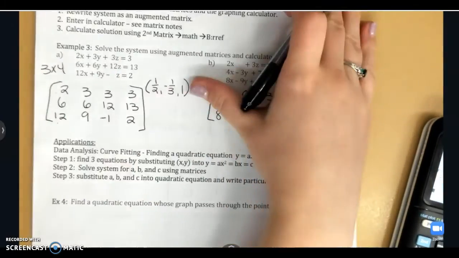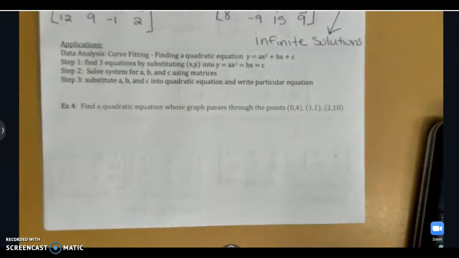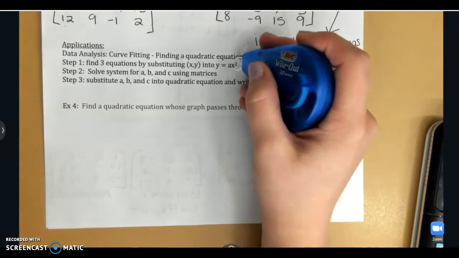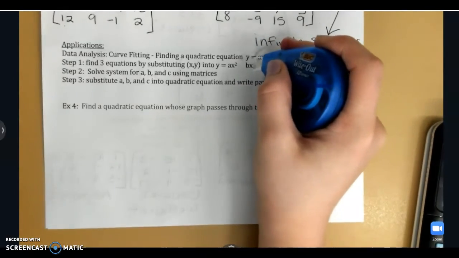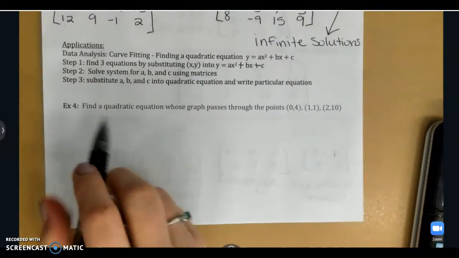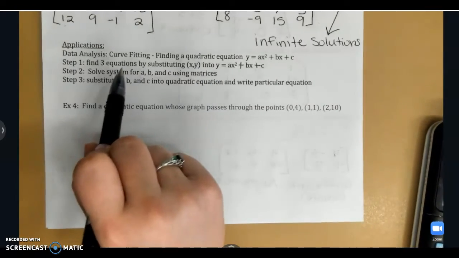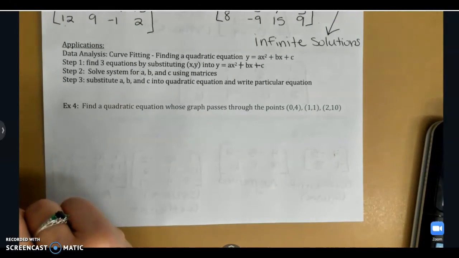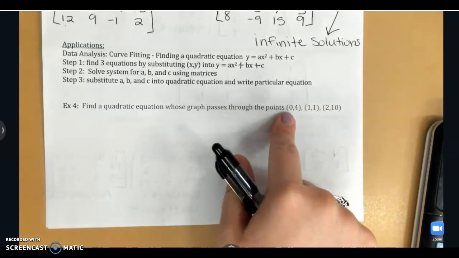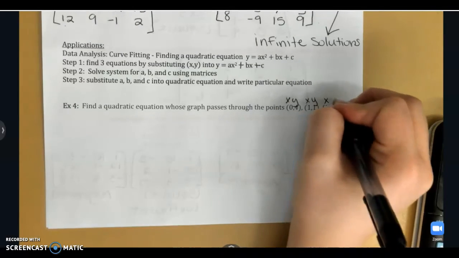So now we're going to look at some applications that we can use our matrices for. The first one we're going to look at is finding the equation for a quadratic, which is like a parabola. So this was a typo, those should both be plus signs on step 1. We're going to find the equations by substituting our x and y values for the points we're given. We're going to solve for a, b, and c using our matrices and then plug them back into our quadratic equation. So in this first example 4 here, I've got 3 points, which are going to be my 3 x